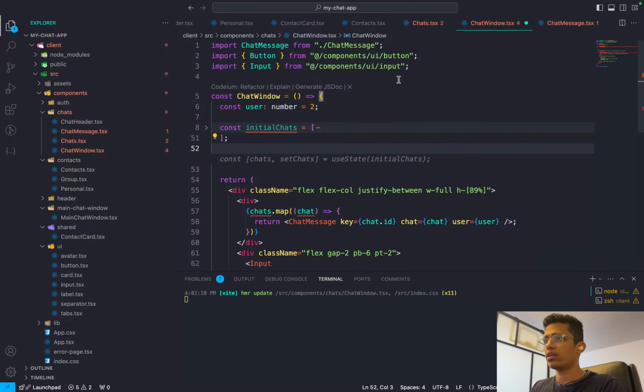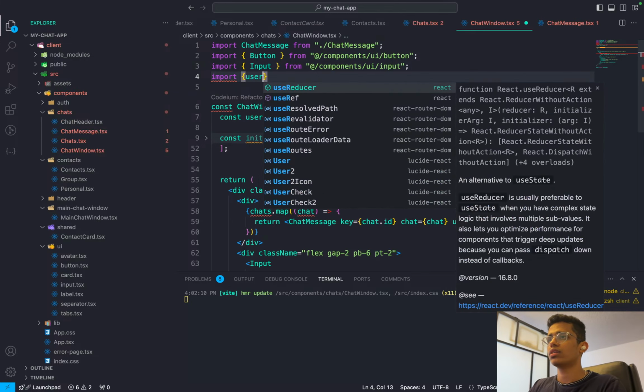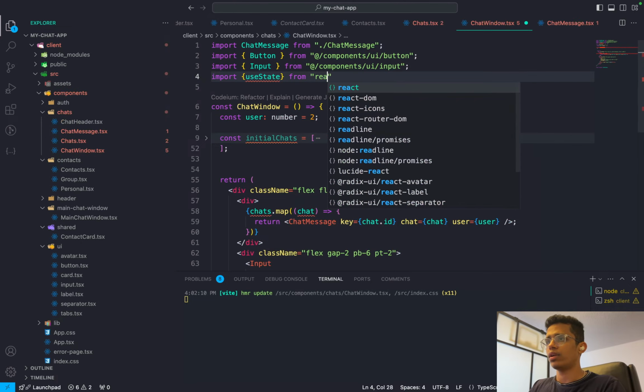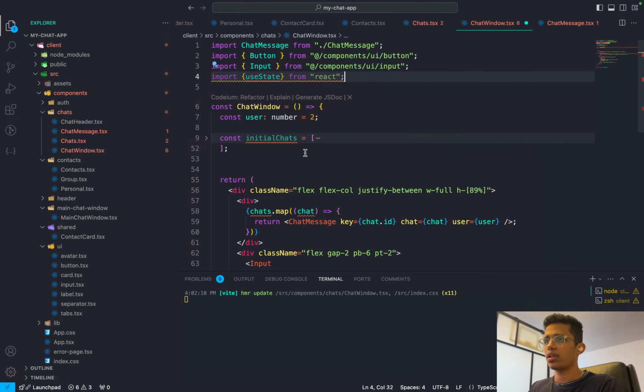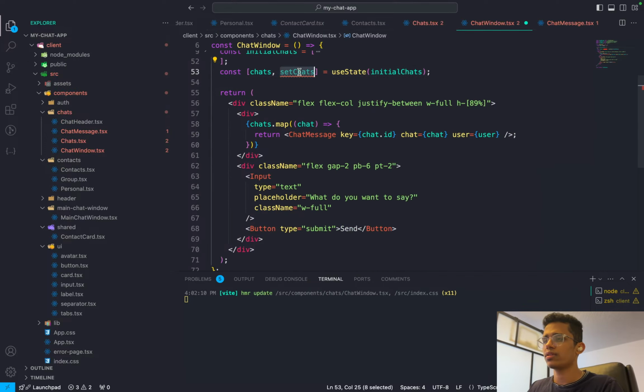And then let me import useState. That's the final thing I'm gonna do now from React. And if I just use const chats, setChats to be initial chats, and then